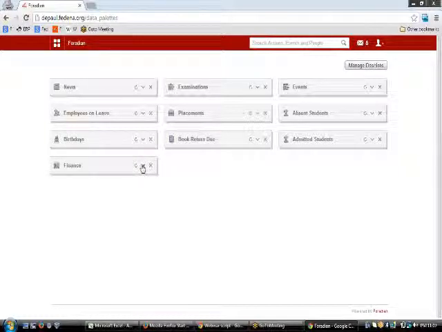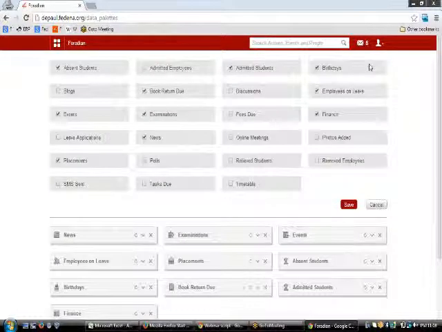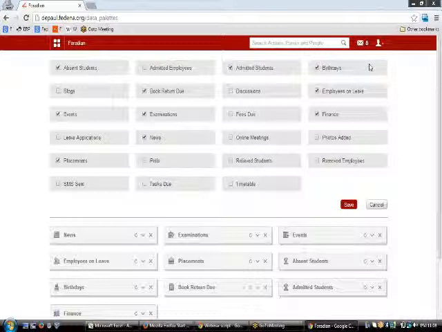So the first thing that we would like to let you know about is Manage Dashlets. Manage Dashlets is the latest addition of the Fedina 3.0 version. So let's go to Manage Dashlets and see what we can do here. On clicking Manage Dashlets, a screen pops up in between which asks you to check some of the checkboxes available here. Based upon the selection that you make, information regarding them would be coming back to you.